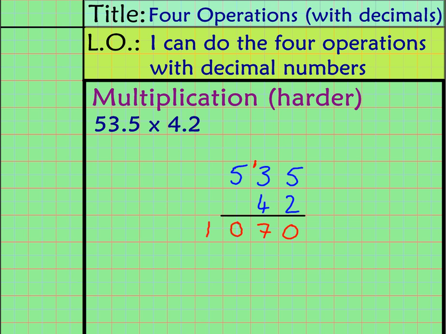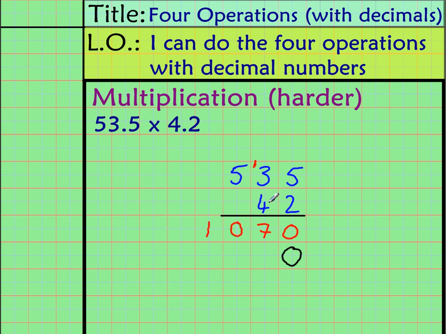Okay? Then I switch to multiplying by the 4 this time. 4 times 5 is 20. Oh, pause. What have I forgotten to do? When I move to multiplying by this second number here, what's the first thing I've got to do? You're right. I've got to put a 0 here. Okay? Remember, this is in the tens column, even though we're dealing with decimals here, but we've forgotten about it. Even then, this is in the tens column, so I need to put that 0 there, as I always do,